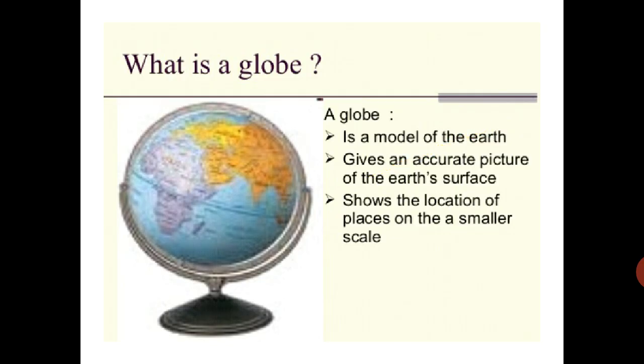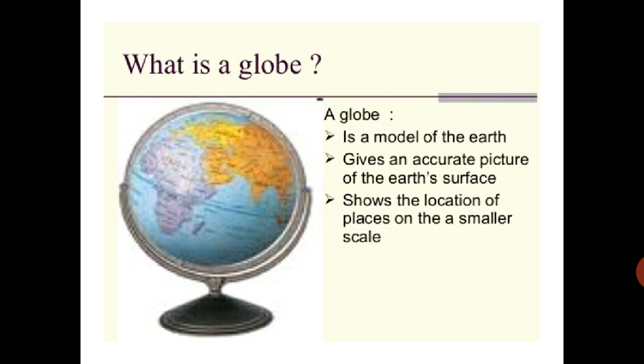Now see what is a globe. See, this type of globe you have seen in schools, in some government offices, police stations, all these places. What is the globe? A globe is a model of the earth. Model means, many a time you notice that when a big building is being built, they make a miniature model of the building, same as the original building. So one such model of the earth, how the earth is, we can imagine from this globe.